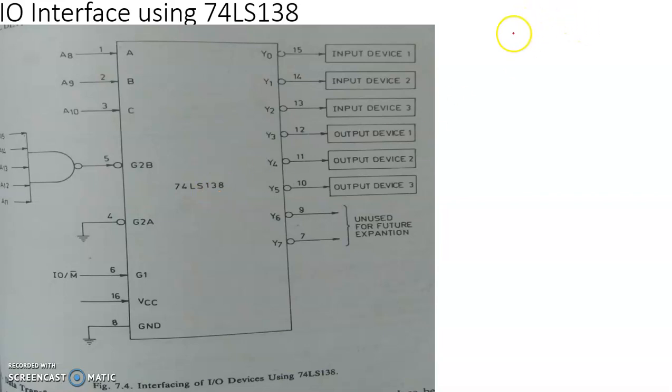Now we will see how an I/O device interfacing is done with the help of address decoder 74LS138. In the case of 8085 processor, the I/O address is actually 8-bit, because the number of I/O devices to be incorporated with the processor will be very limited. With 8 different lines or 8 different bits, you will be able to address 256 I/O devices.